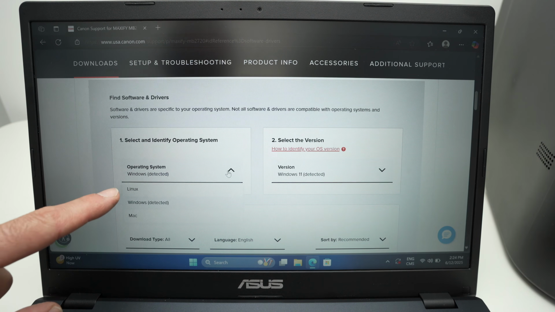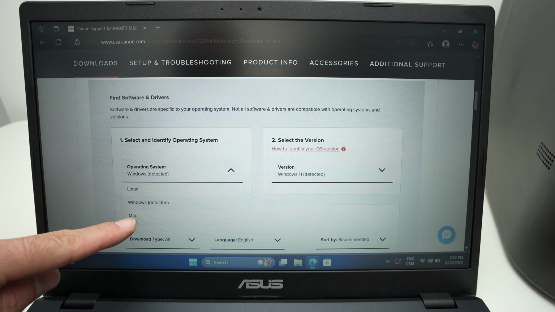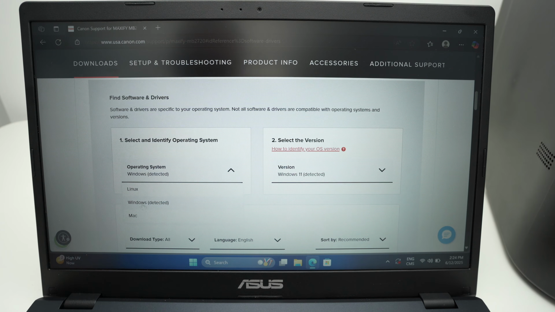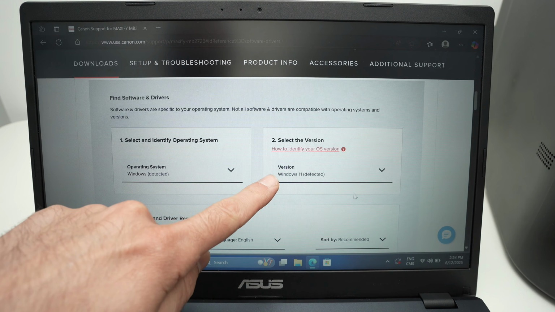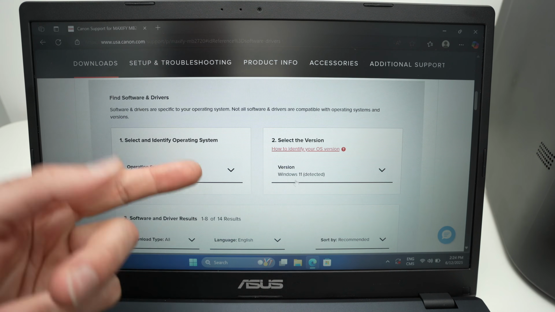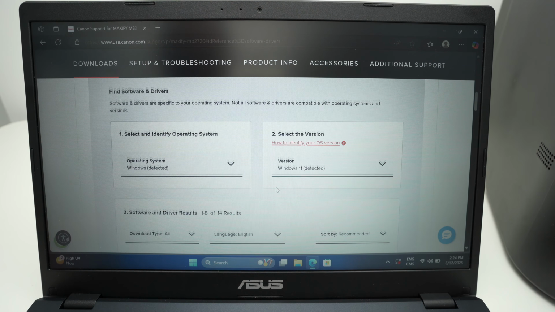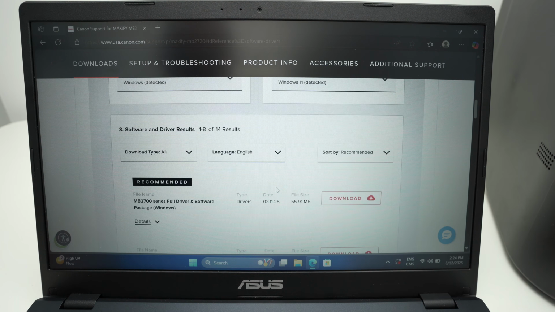So if you're on Windows, select Windows. If you have a Mac, select Mac. Linux as well have their driver. I'll keep Windows, and the version of Windows you have. It's Windows 11, so I will not change anything. If we go down,